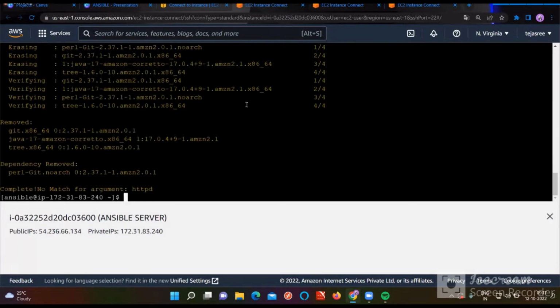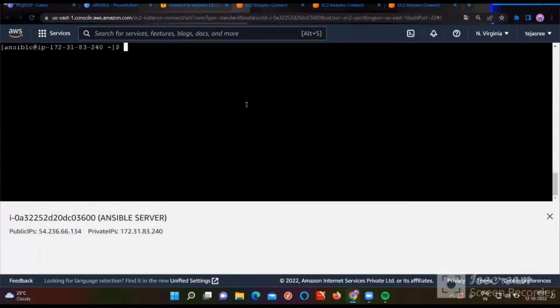So remember one thing. If you are able to see green, that means it is already installed. So that means you need to remove the installed packages. Now try to execute the same command. What is the command? Ansible dev